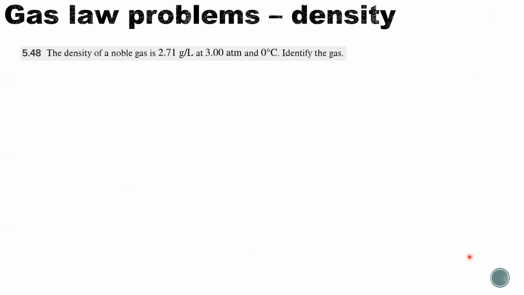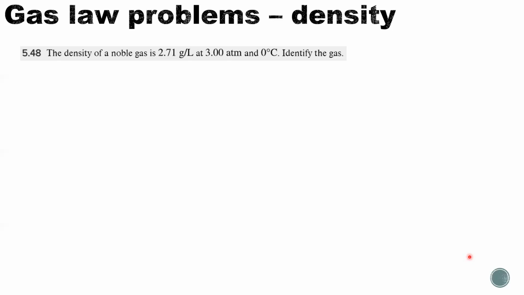Okay. When we say identify the gas, we need to find a unique property of a gas. So considering the problem we have, we can identify the gas, and also it's a noble gas, right? So we don't have many choices of noble gas. The differences are, you may think about number of protons, that's true, but we cannot easily get that from this